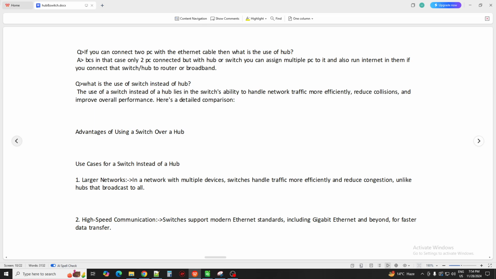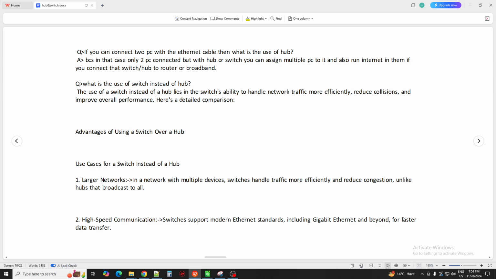So this is an advantage, because in a large network with multiple PCs, a hub cannot process things on a large scale, but a switch has the advantage over it and can surpass that inefficiency of the hub.